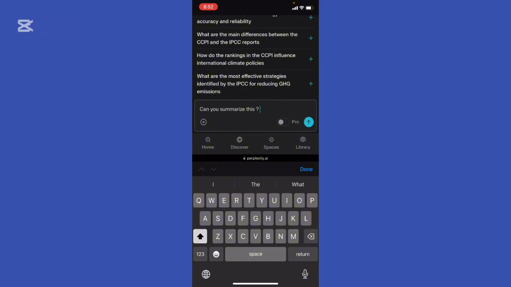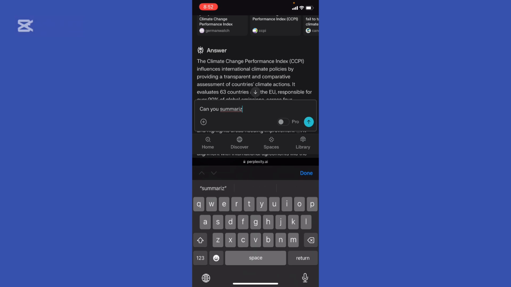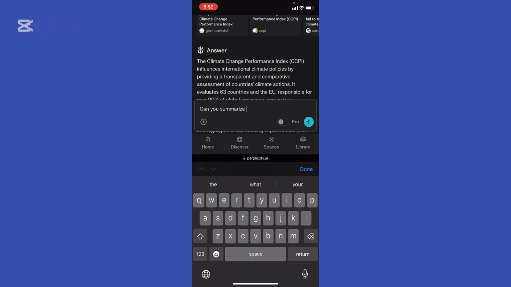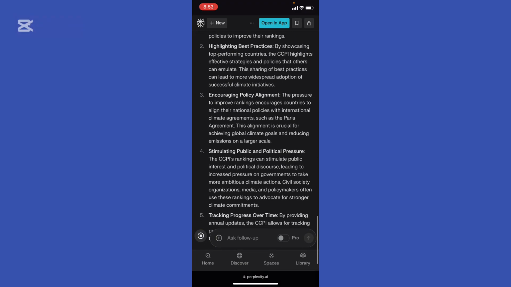And then just combine queries. Ask the AI to integrate insights. Combine insights from these two perspectives. Right? You could just type right here. If you ask follow-up questions and you have all the complex answer and simplified all of your answers, just type from here, can you summarize this? Right? Or combine between these two perspective. Okay, and then go ahead and forward it, and you're gonna be able to see the answer